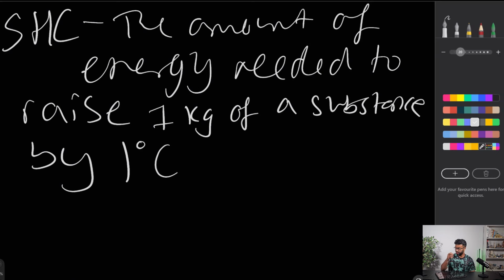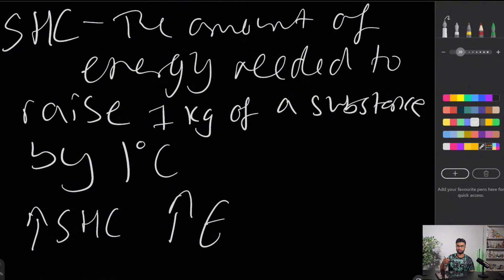And its significance in heating materials is that the higher the specific heat capacity of a material or an object, the higher the energy required to heat it by 1 degree Celsius, and that is how